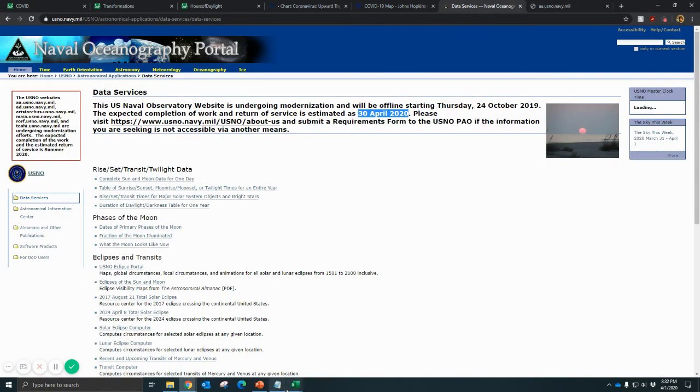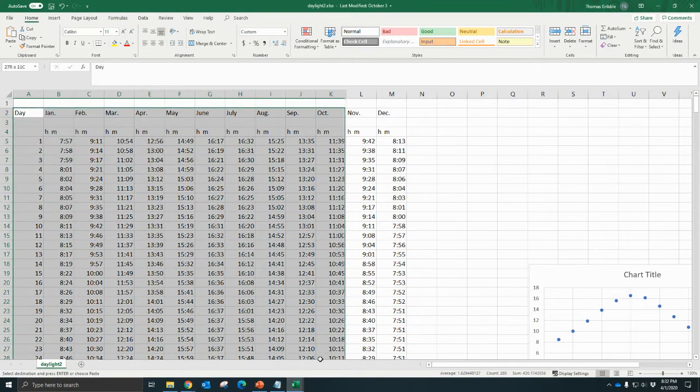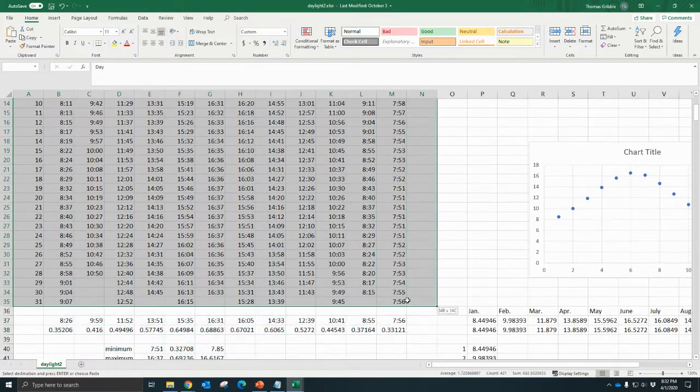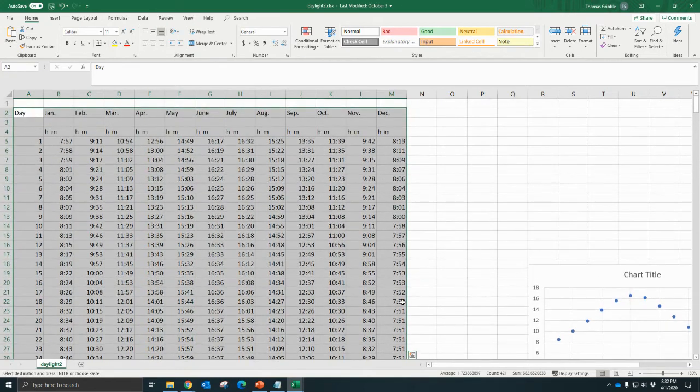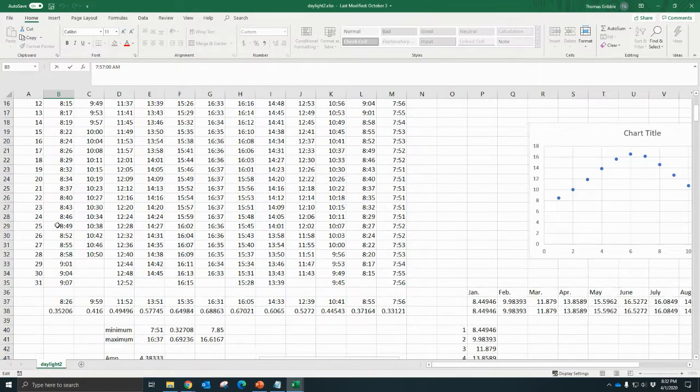But what you get from it is this information here. You can plug in longitude and latitude, like a GPS coordinate of your location on Earth, or you can type in a city, and you get this data. It looks like this, and this is the data for January. On January 1st, there were 7 hours and 57 minutes of daylight that day. So the sunrise to sunset time duration was this. And you can see that it changes all throughout the year.